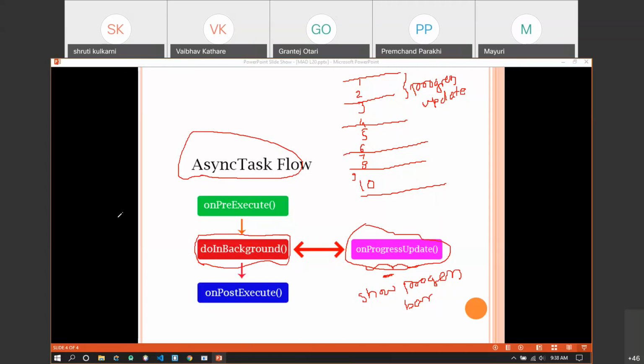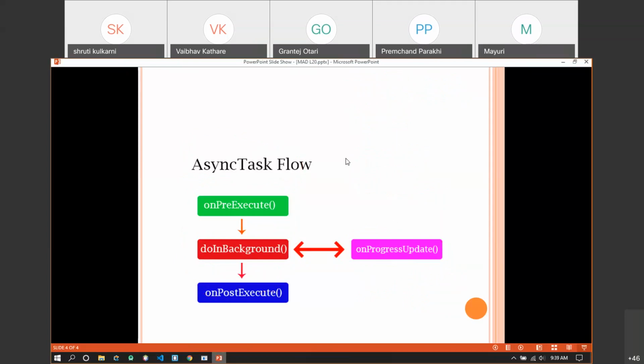Now, if you want to show some progress of the entire operation, you can use the method called onProgressUpdate. Remember, this is entirely optional. If you want to show the progress, then you can use onProgressUpdate. Otherwise, you can simply skip it. The three important operations are onPreExecute, doInBackground, and onPostExecute.